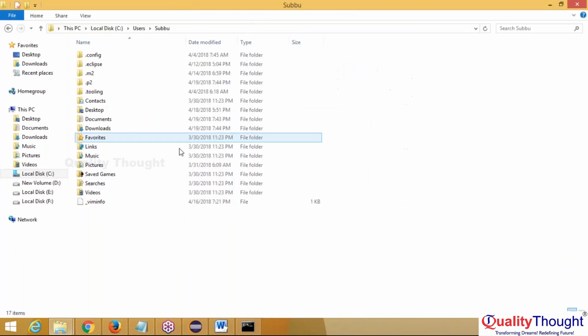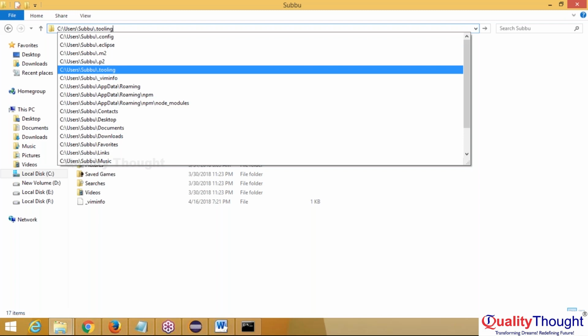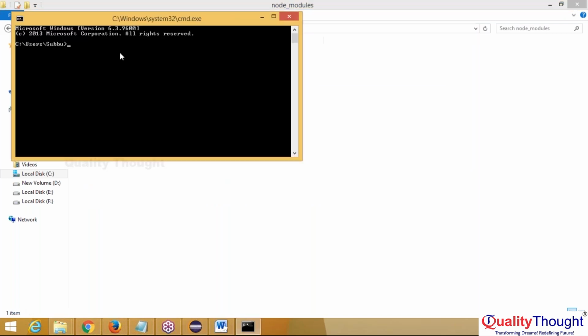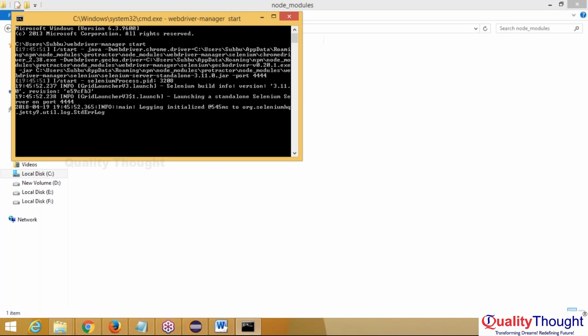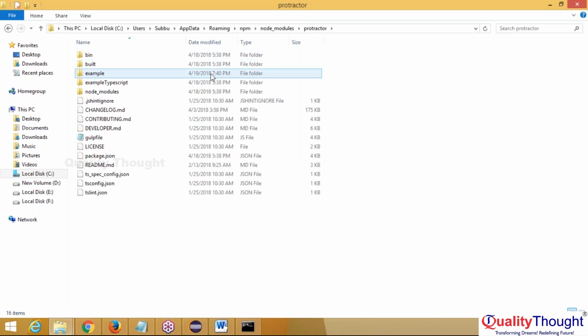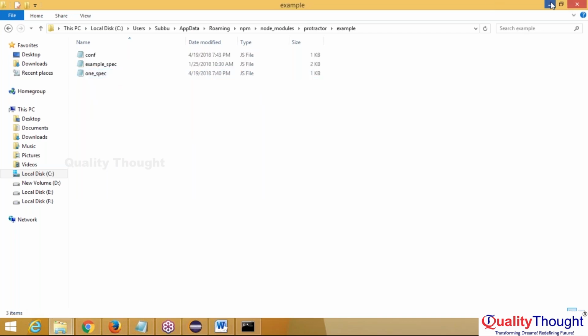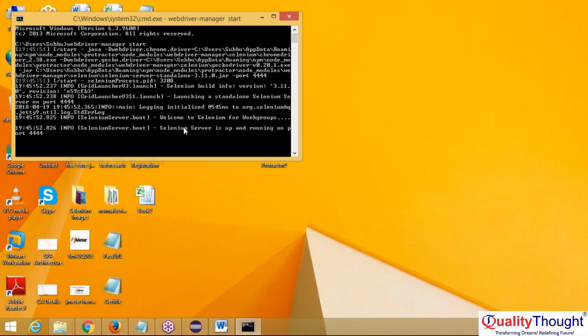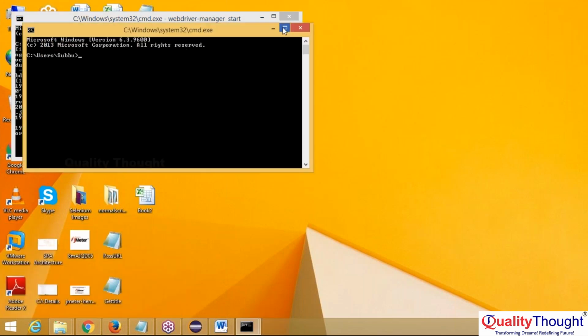Before going to execute, we need to be ready with WebDriver manager. So that is the reason I'm going to start Selenium WebDriver first. webdriver-manager start. It is going to start the WebDriver, and then once I have started the WebDriver, I'm going to open command prompt one more time, and